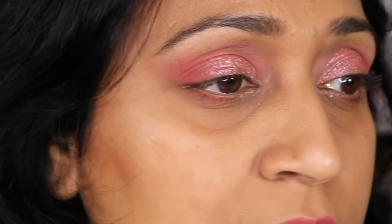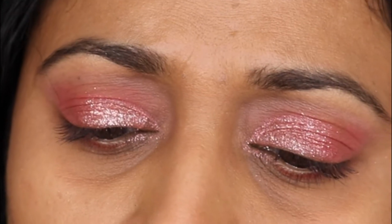All right, guys, so it's about 3 hours later and I haven't seen any fallout on my face. I haven't seen any further fading of the eyeshadows. They're pretty much at where I left it after the application once they were completely dried. So I feel like saying that if you get it to apply,